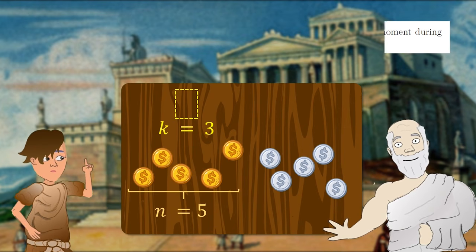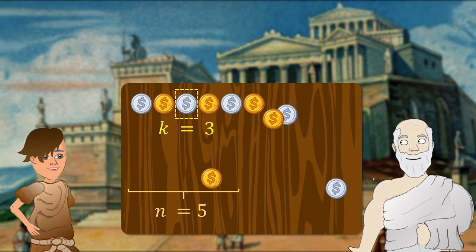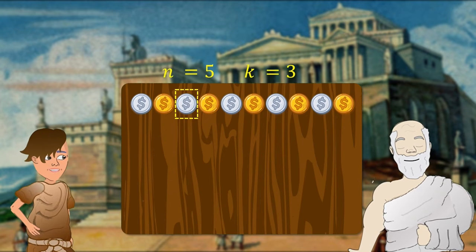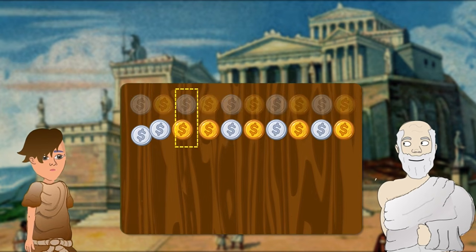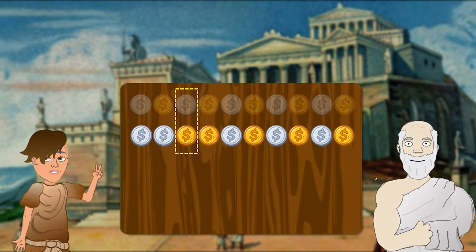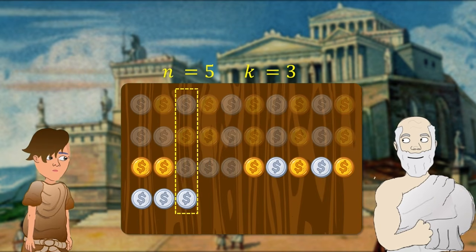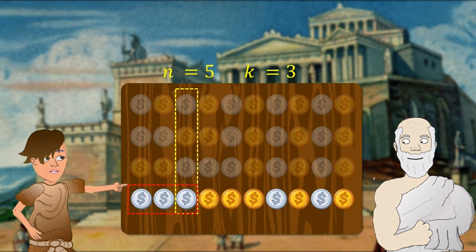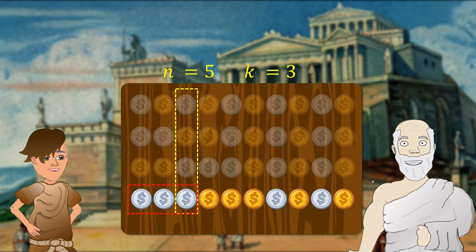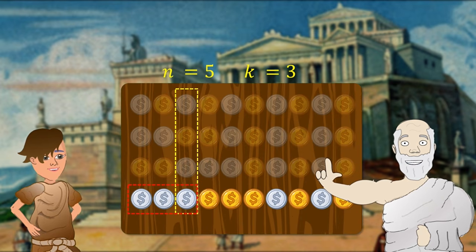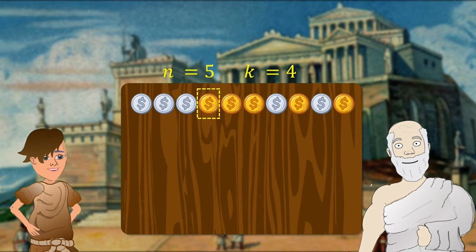Please arrange the coins. Okay, 3rd coin to the left. Now these 2 coins to the left. This time 3 aluminium coins get stuck on the left end of the row and cannot move. The leftmost 5 coins do not become the same type. You have shown that n equals 5, k equals 3 cannot be a solution. And what would you say about n equals 5, k equals 4?